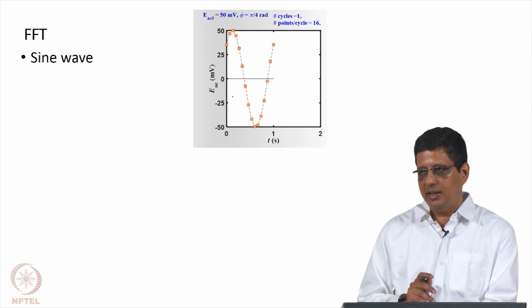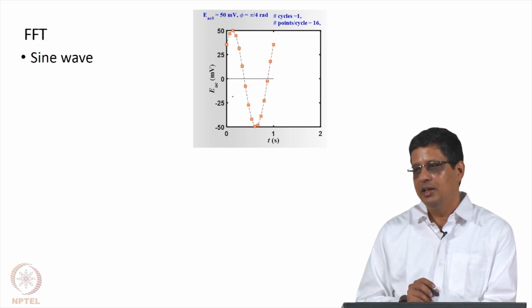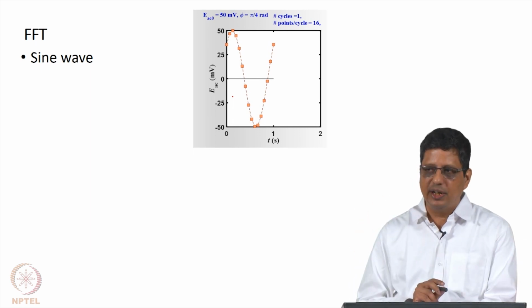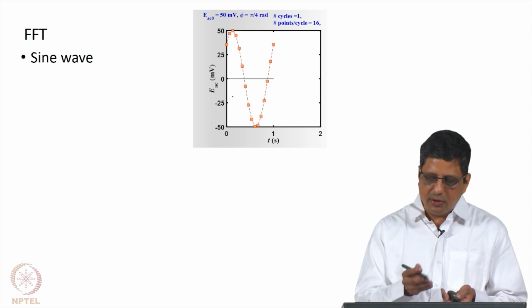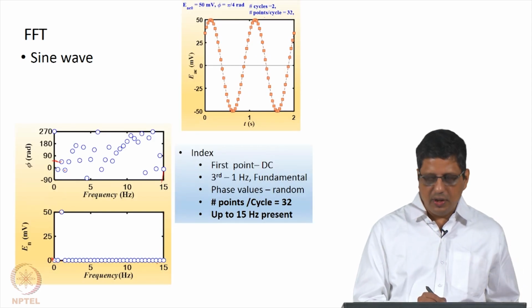I can't get a sine wave of, let us say, 100 hertz by sampling at 100 hertz frequency, because in one cycle I will sample only 1 point. The minimum I require is 2, typically I will need more. So here of course it is a perfect sine wave, so I show you data up to this and it comes to be,